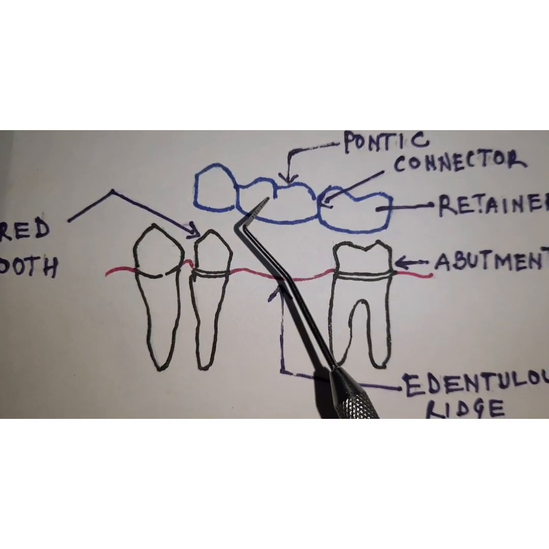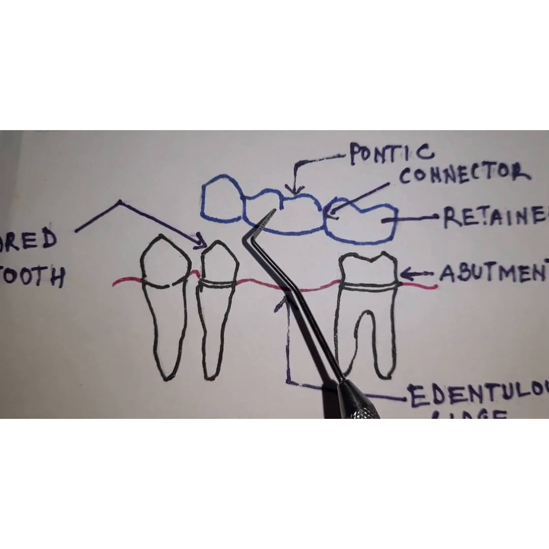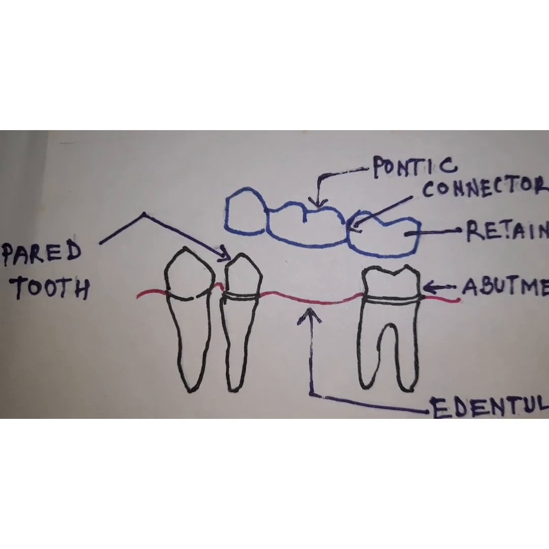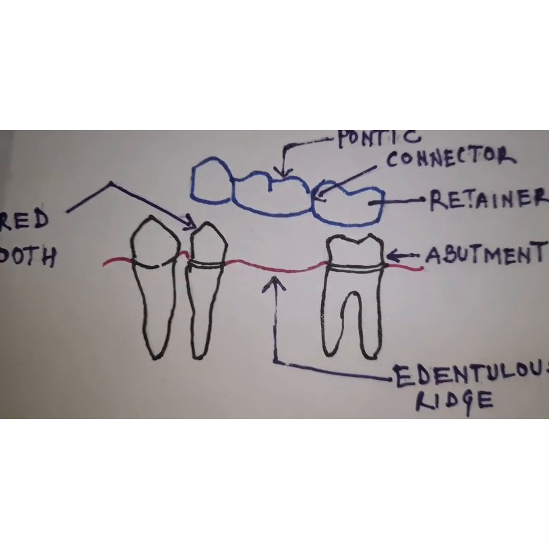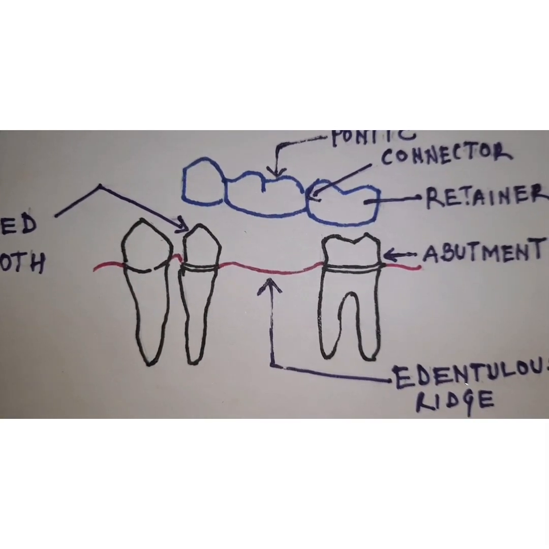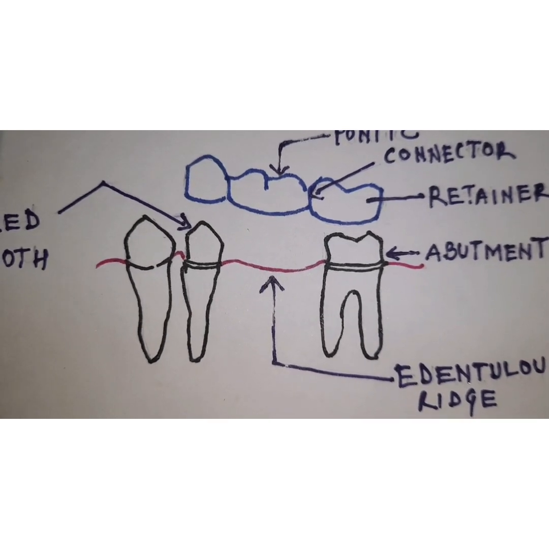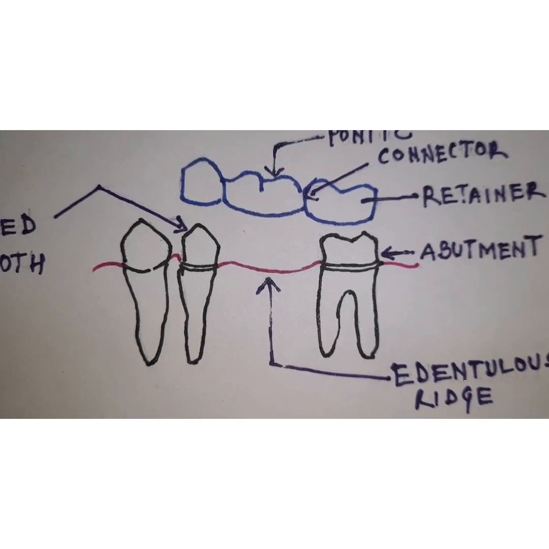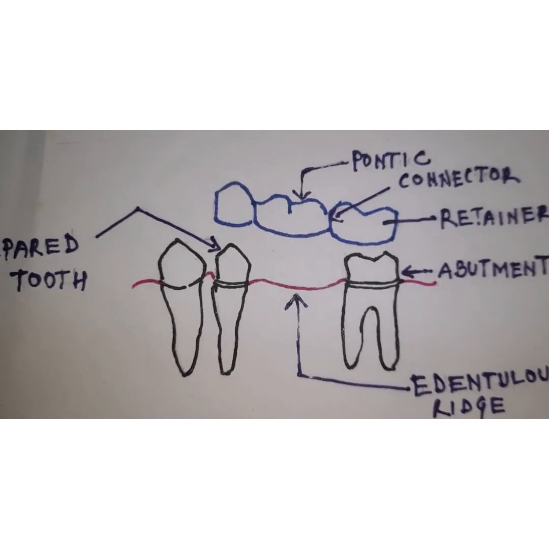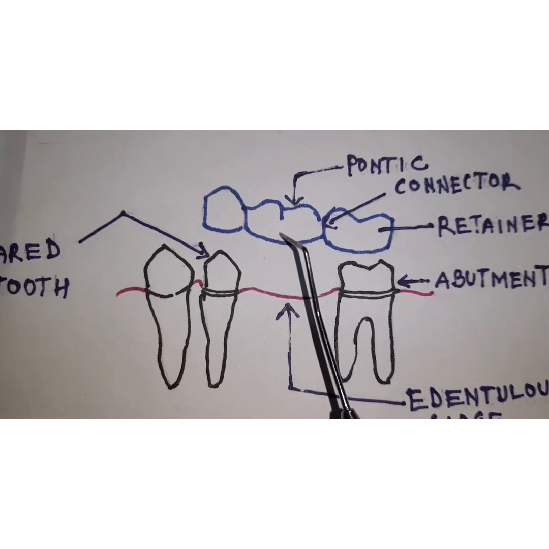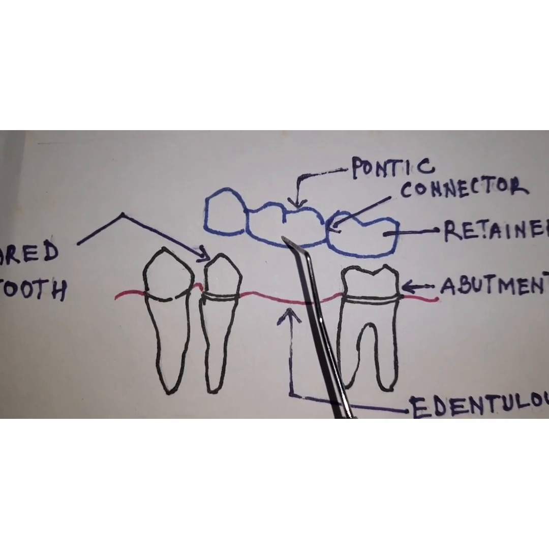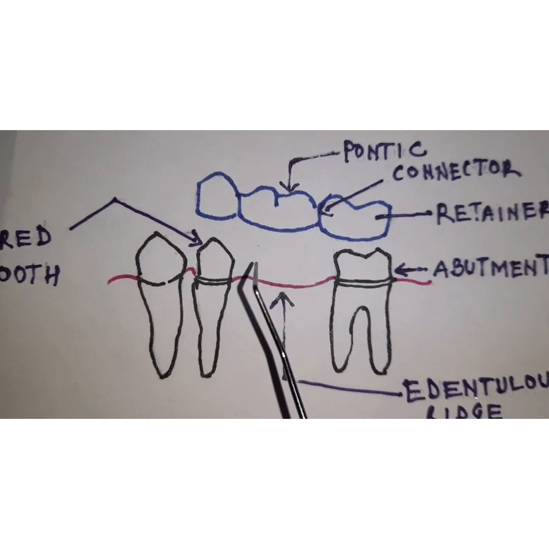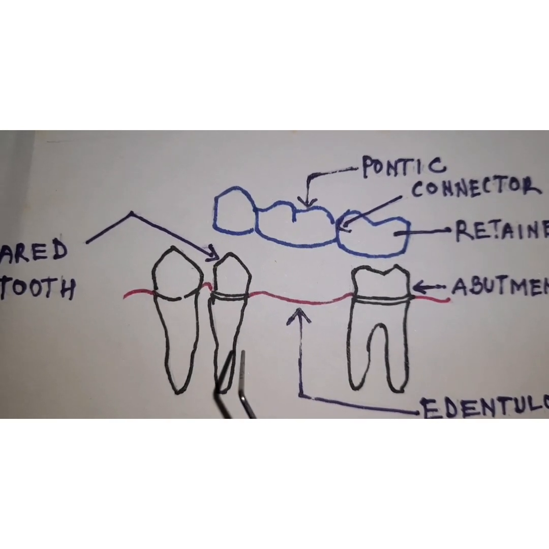You have the missing tooth, that is the pontic, and you have this, as I said, it is a retainer. So the parts of FPD: an abutment, as you can see here, which is a tooth. It can be a root or an implant which provides attachment to the fixed partial denture. Pontic, as I told, is an artificial tooth which is replacing a missing tooth or teeth in a fixed partial denture. When you're having a long span fixed partial denture, in those cases, retainers,